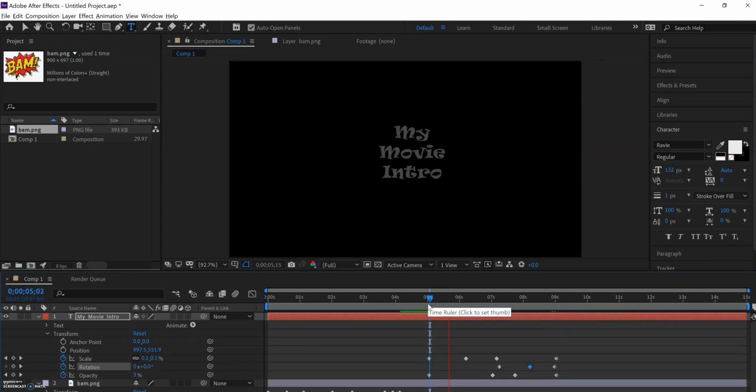So we've got this now. Movie intro comes in, it fades and rotates. Okay, so again, I started this at 15 seconds. You can see that it's quite robust. You have a pen tool for masking, and there's a lot of different options in here, like I said again,